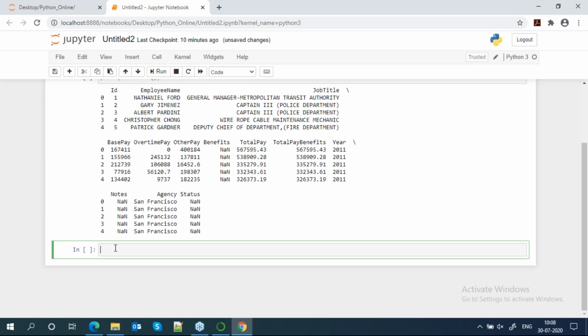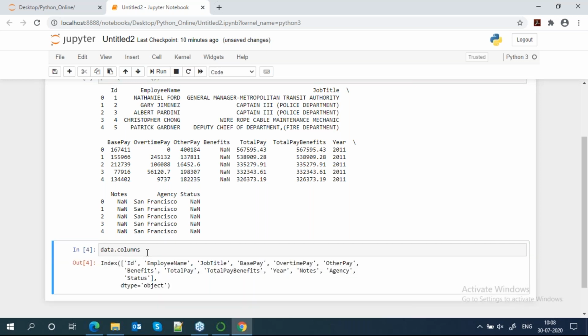Okay. So last class we already saw how to access a particular column name. Like how to get column names. So suppose my data dot columns. These are my column names. So according to column names, you can filter, or other way you can choose your column name, or you can apply some filter. So we have another option.